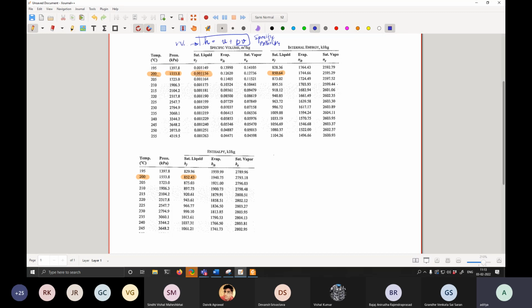So let's see whether U is equal to H minus P times V. The right hand side will be H, which is 852.43, in kilojoule per kg. It is important to write this unit. Minus pressure, which is 1553.8 kilopascal, times the specific volume, which is 0.001156